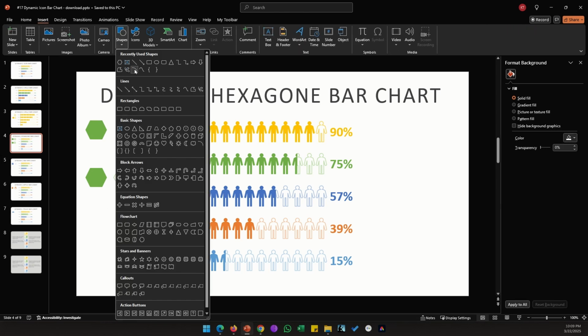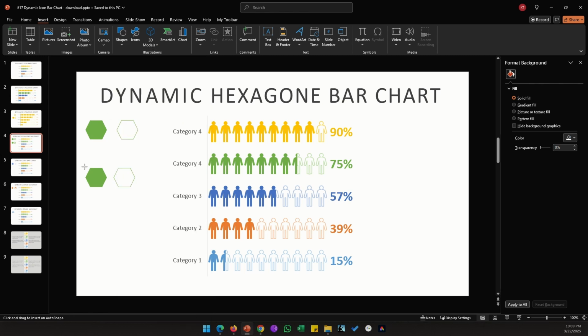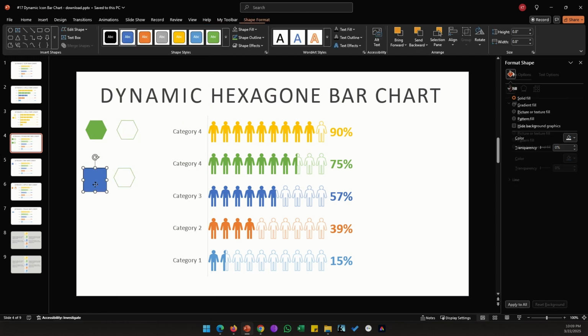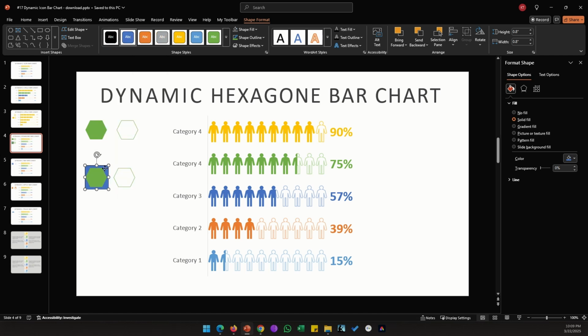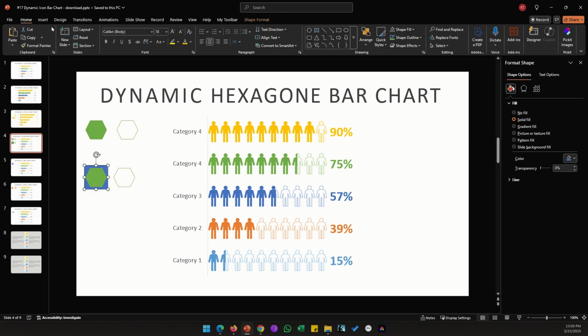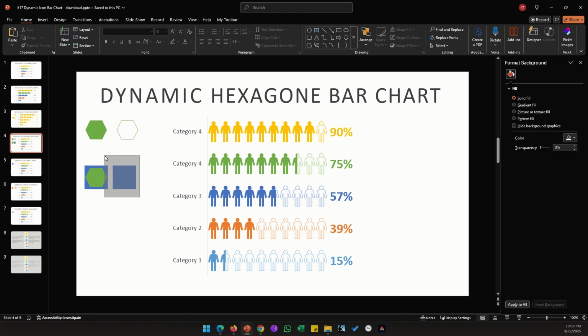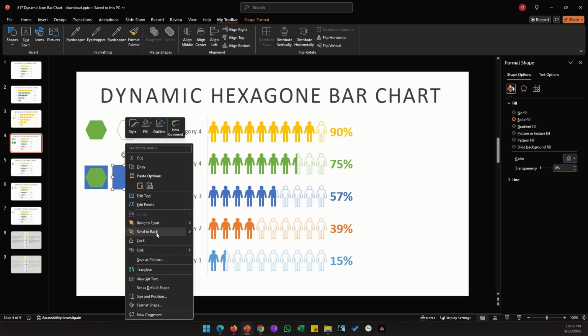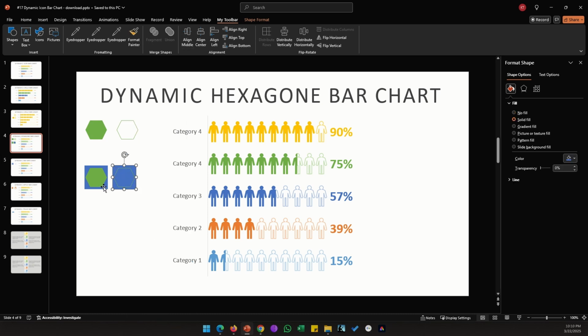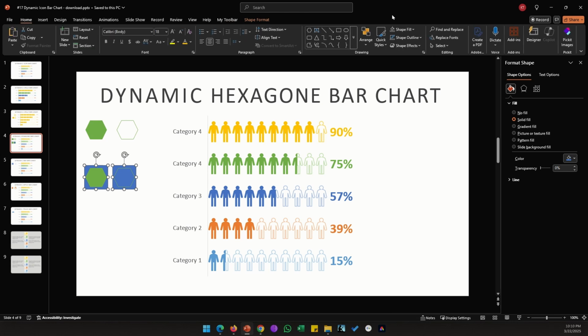Remember to add a rectangle that will go behind it. Send it to back. Make sure it's aligned to the center and in the middle at the same time. Remove the outline. Duplicate that and place it behind the second hexagon. Align it to center and middle. Send it to back. Color both our squares white